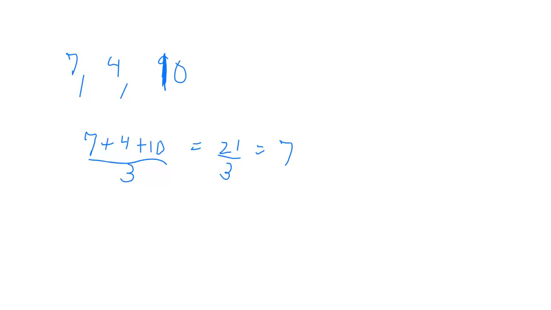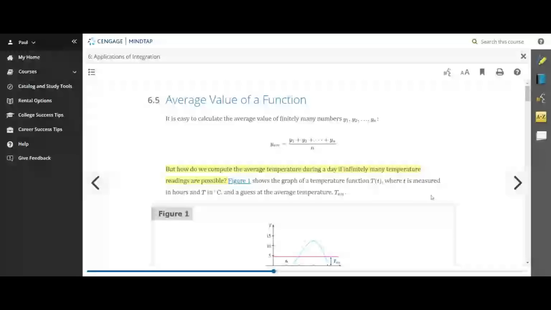So now when we go to the book here, if we want to find an average for a number of values, y sub 1, y sub 2, up to y sub n values, we add them and divide by n. And these values come from some function. But